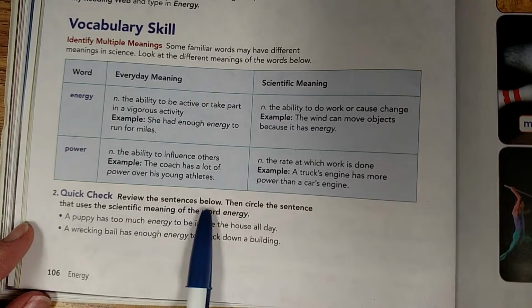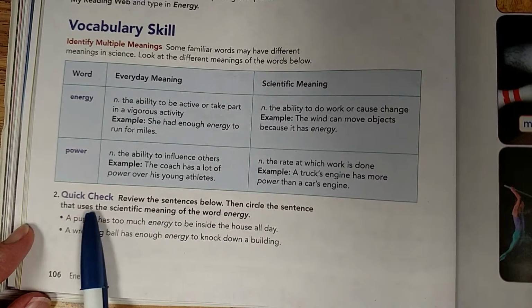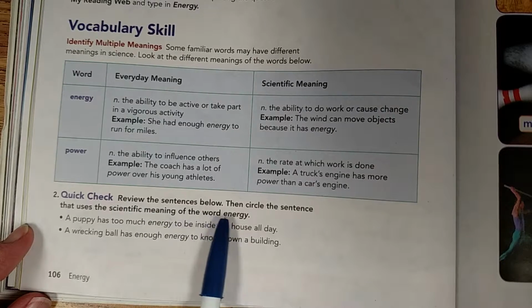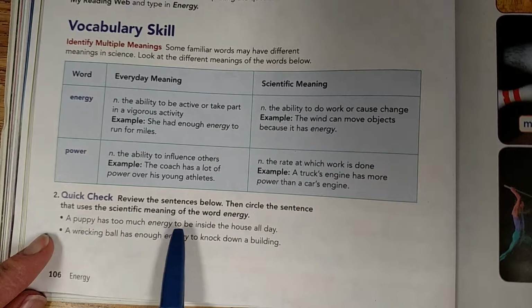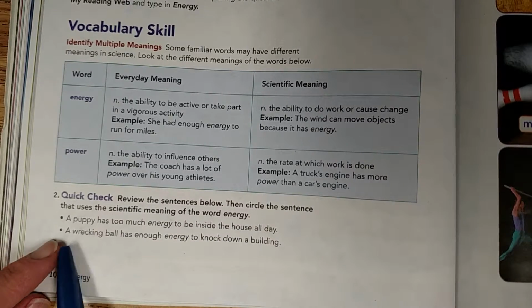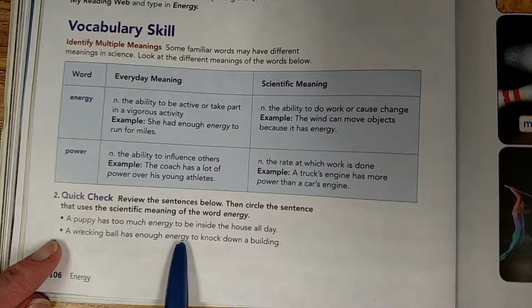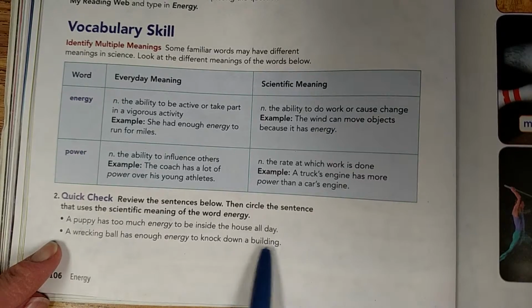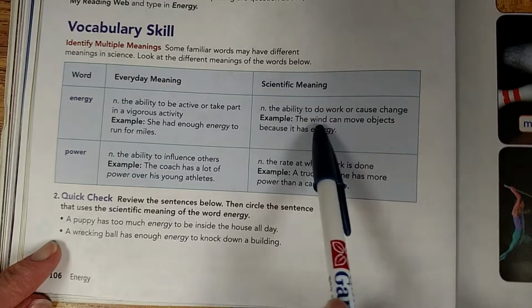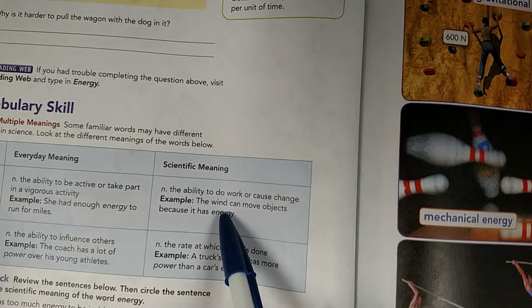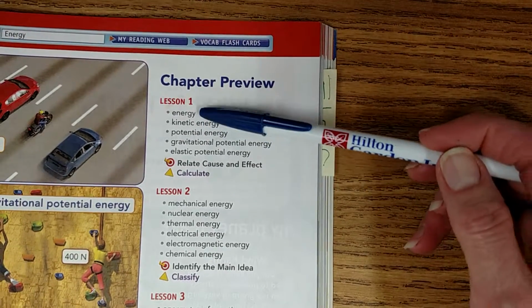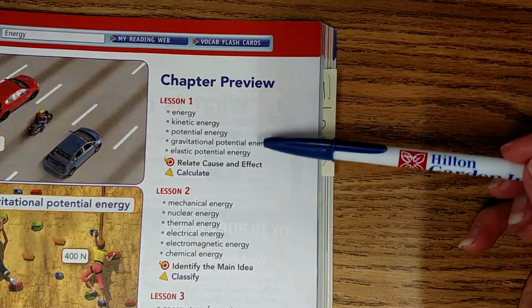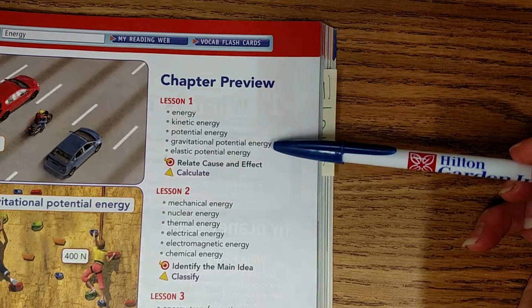Quick check: review the sentences below, then circle the sentence that uses the scientific meaning of the word energy. A puppy has too much energy to be inside the house all day, or a wrecking ball has enough energy to knock down a building. Which one of those sentences uses the scientific meaning? Looking over the chapter, we have lesson 1, energy, kinetic energy, potential energy, gravitational potential energy, and